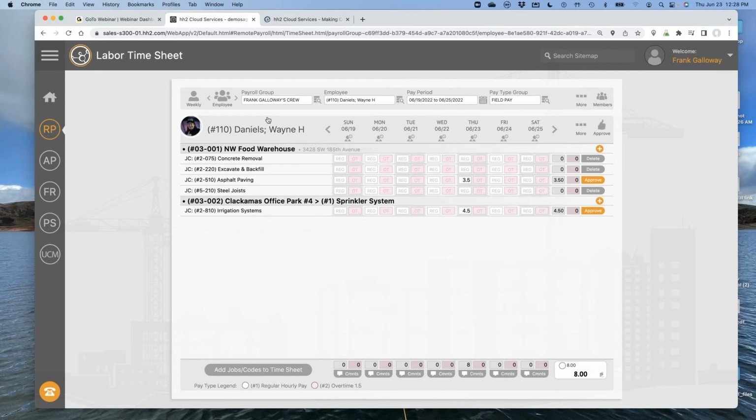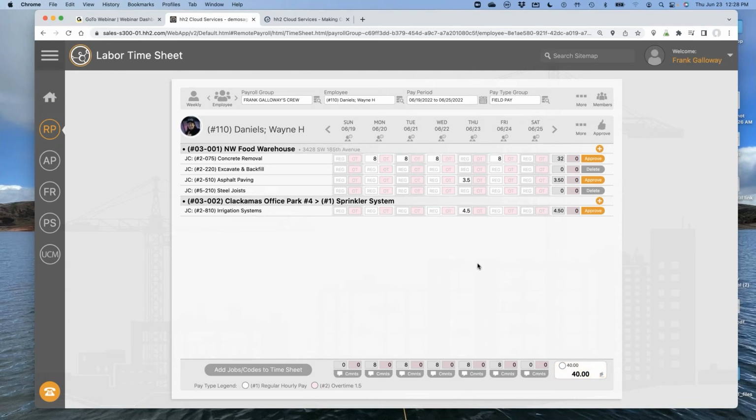You'll notice Wayne Daniels was the last person I did a daily time entry for. I just went up here, clicked on Weekly, and it pulled in Wayne Daniels' weekly timesheet. Now I've got his days across the top. Let's make it simple. For the most part, the rest of the week, he worked on concrete removal.